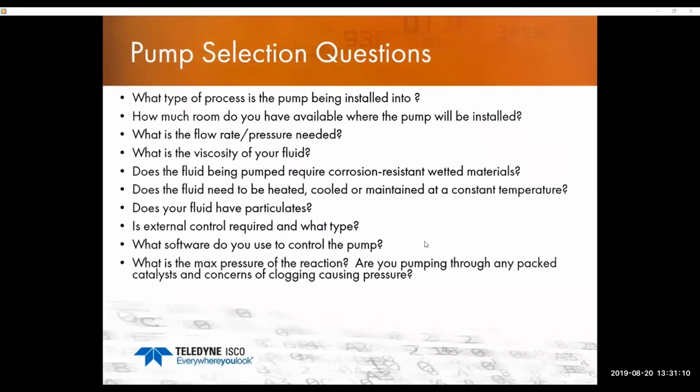So lastly, I want to close out with a slide. As you're talking to your customer, I would call these qualifying questions, but these are things I would ask the customer to help them decide which pump, or what type of pump, they need that we offer. But these are things you should ask yourself when you are laying out or designing your application, your experiment, or your production line, so you consider all this stuff. So when you have somebody like myself coming in, or one of our sales reps, or another company's sales rep or vendor coming in to talk to you about pumps, it helps guide that person to find the right